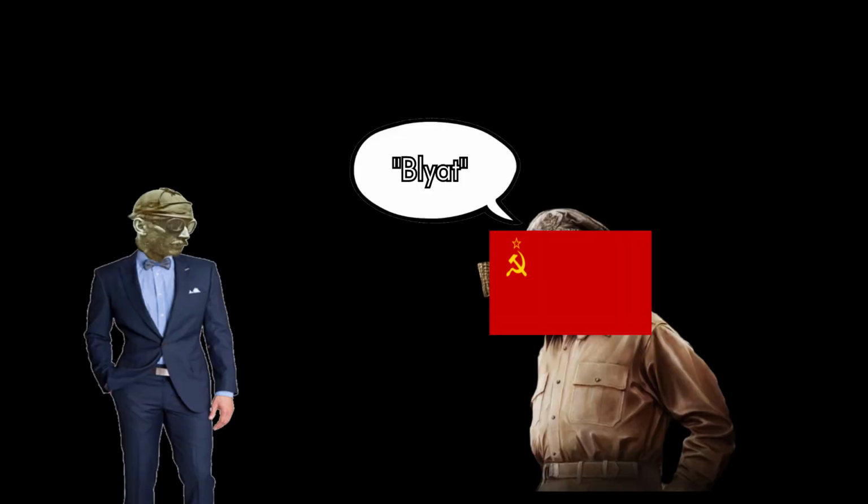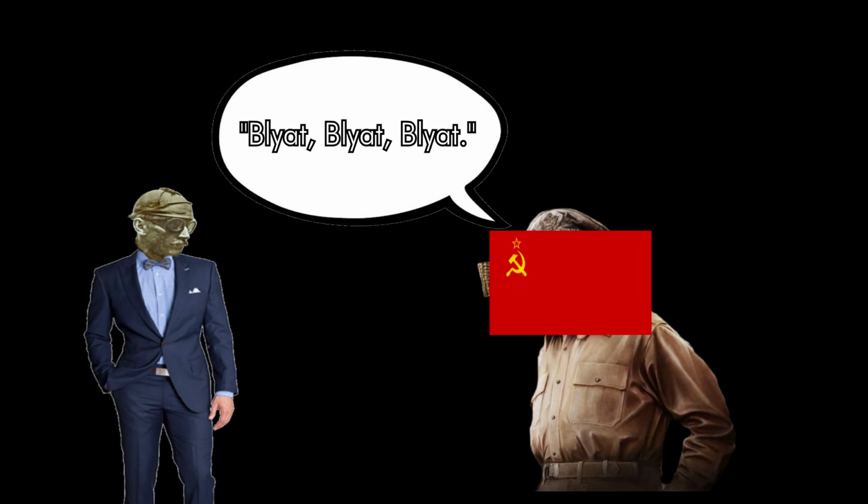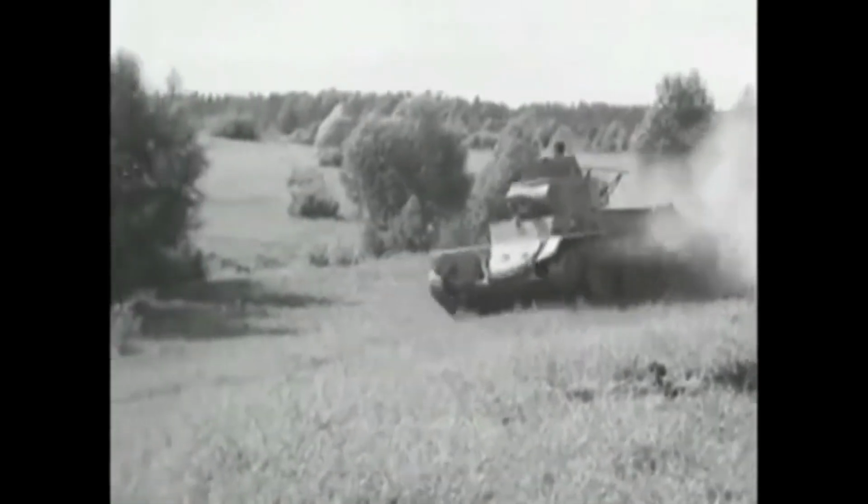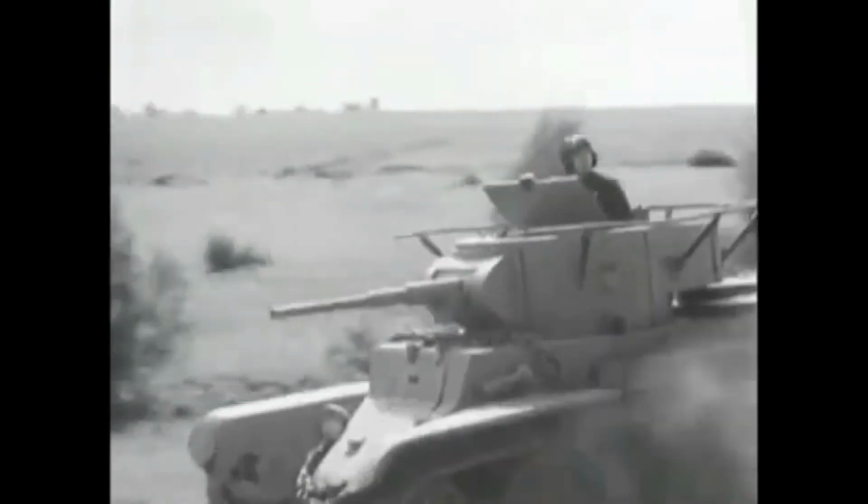The Soviets felt cheated and thus refused to pay $25,000 of the agreed $60,000 for the tanks. Soon after, they cut all ties with Christie and went about designing their own tanks without him. The BT series would become by far the most famous of all tanks based on Christie's designs, and some mixed